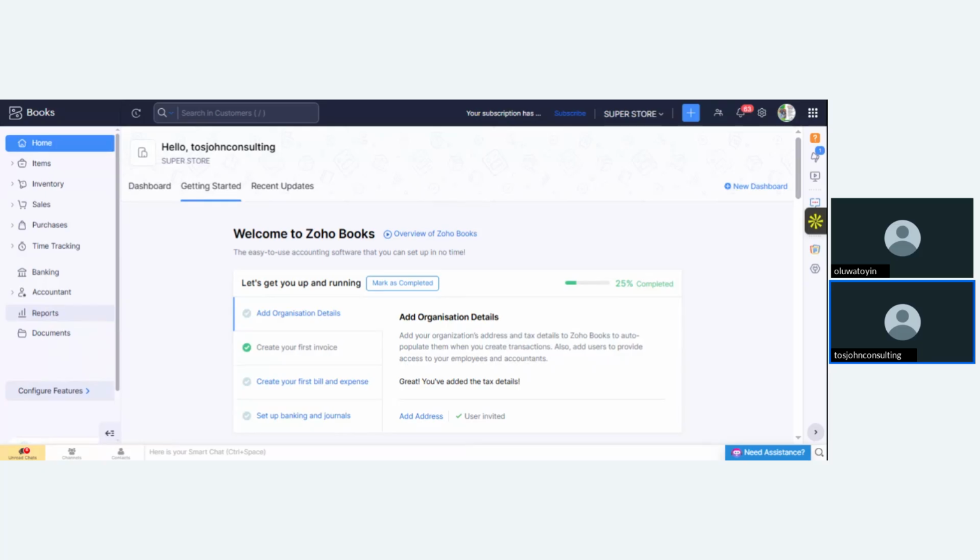I think 2-3 days ago, we had a meeting with Zoho Books, right? And of course, we were talking about this e-invoicing, right? So they too are aware of all these changes that are coming up in the Nigerian business environment, right?